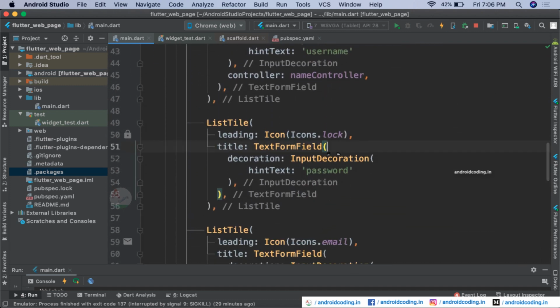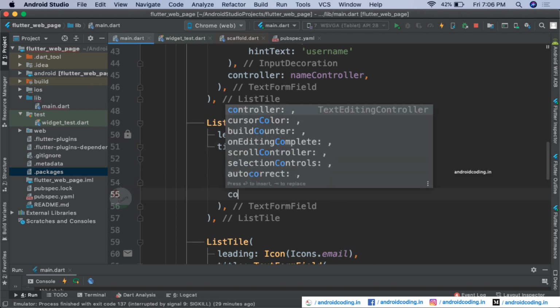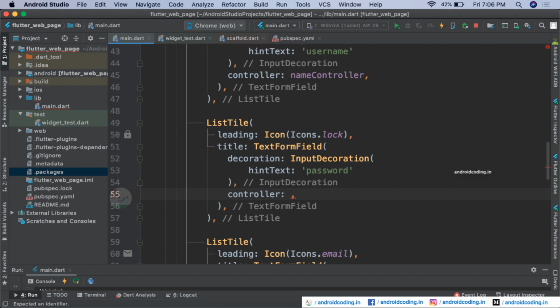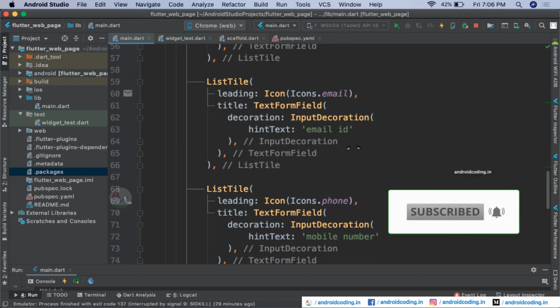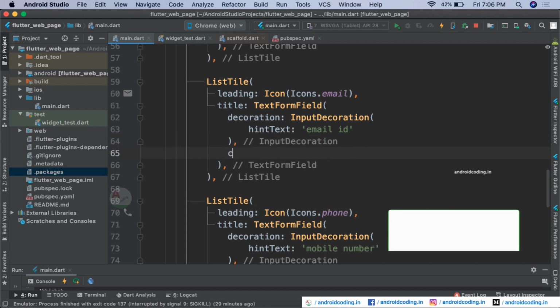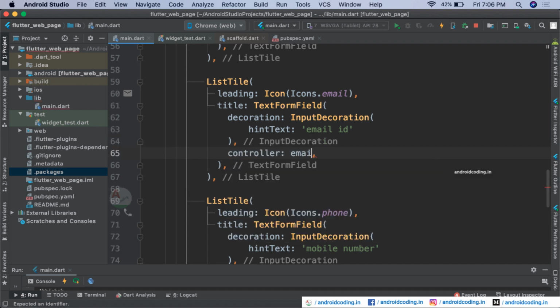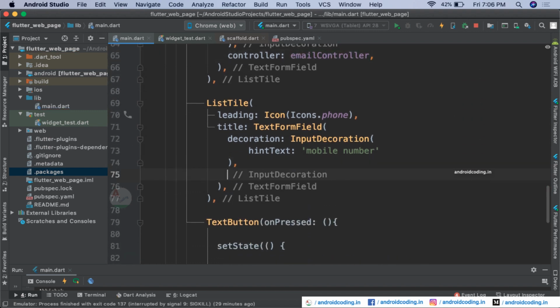Inside the text form field, after the input decoration, you need to add the controller here. So password controller here, and in the same way with our email also, email controller. Make sure you are adding the controller inside the form field only.